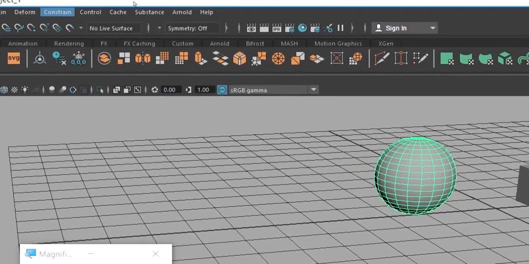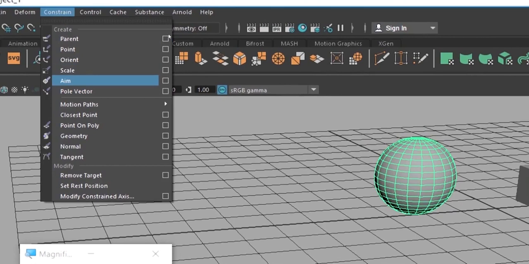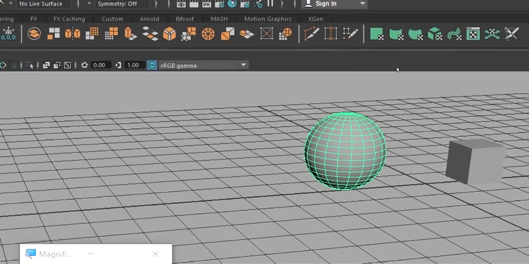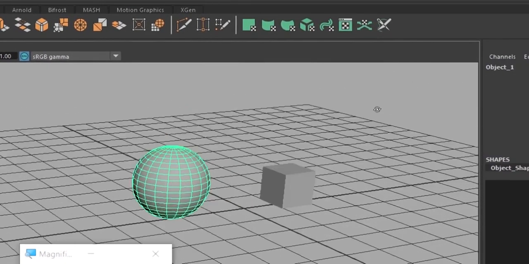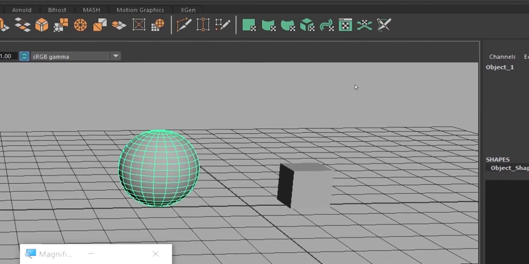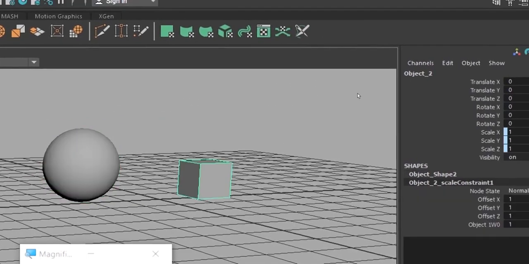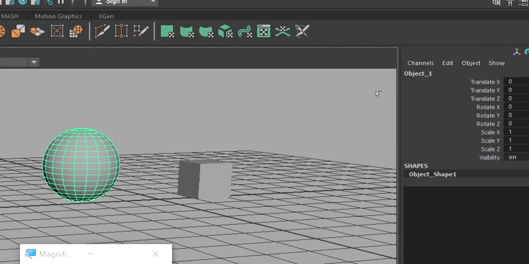Before explaining the aim constraint and pole vector constraint, I want to make one small thing clear. Okay, see, we will remove all the constraints.